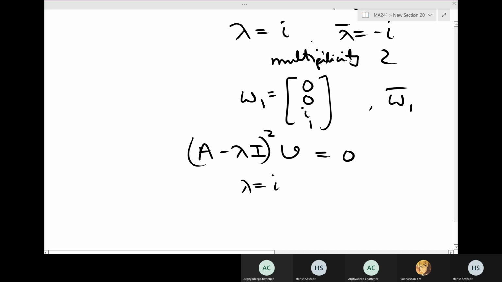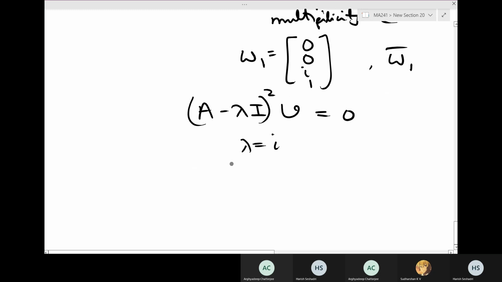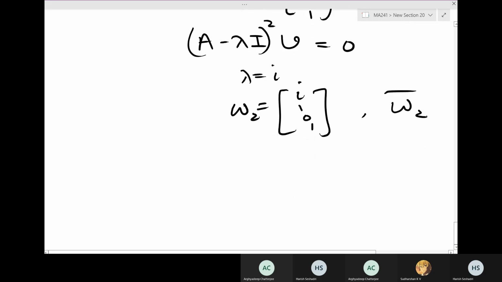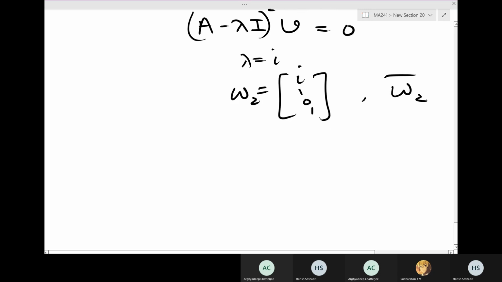So that's one good thing. You just have to find a generalized one for working with i. No need to repeat the calculation with i bar. And you will get W2 equals, well, this is not the unique one. You can choose W2 to be i, 1, 0, 1. And then, as I just said, W2 bar will be a generalized eigenvector for lambda bar. So you have your lot W1, W2, and you extract out the